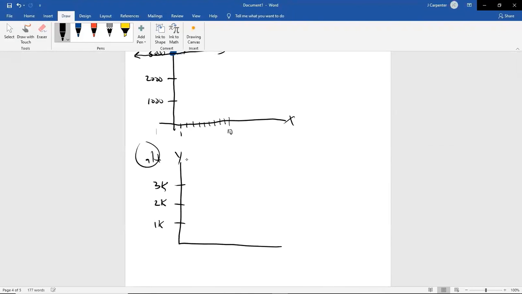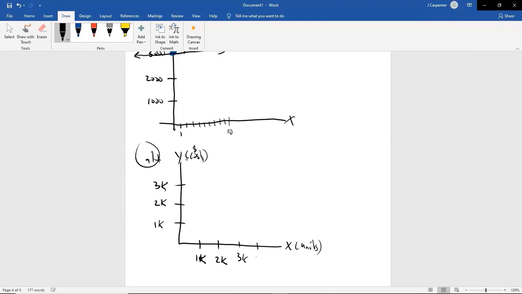So that's our y, which is our cost in dollars. And then this was our x, which was our units. So maybe you want to go 100, 200, 300, 400, 500 units. Maybe you want to go 1,000 units, 1K, 2,000 units,